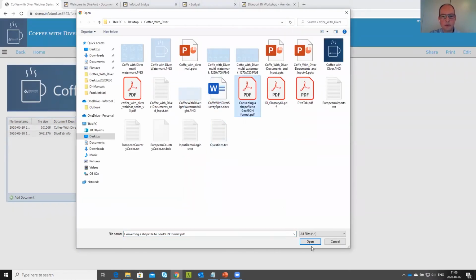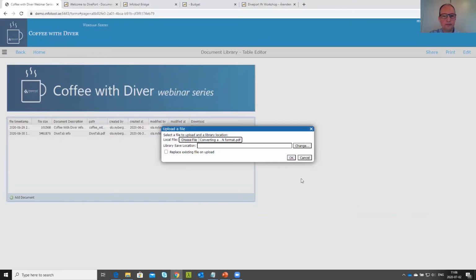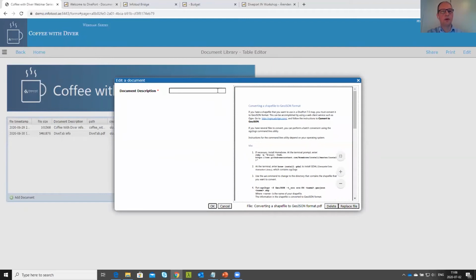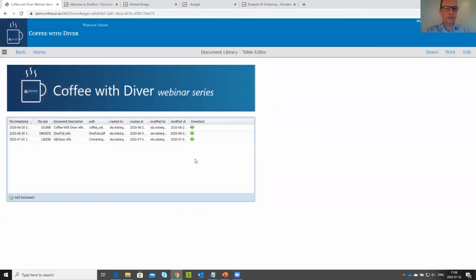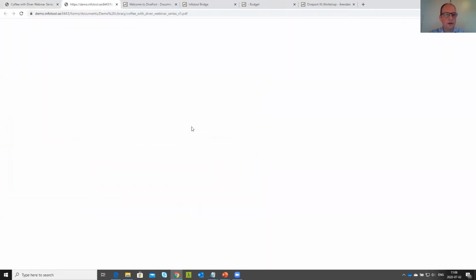Let's pick this one, for example. Okay, and then you are prompted for a document description, the custom attribute. You can download documents